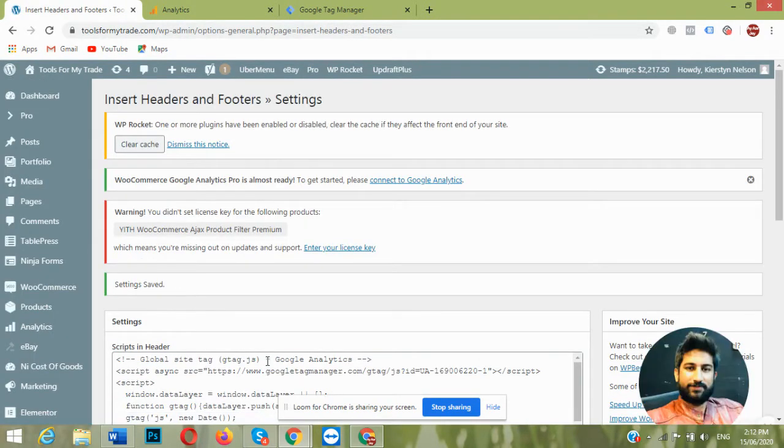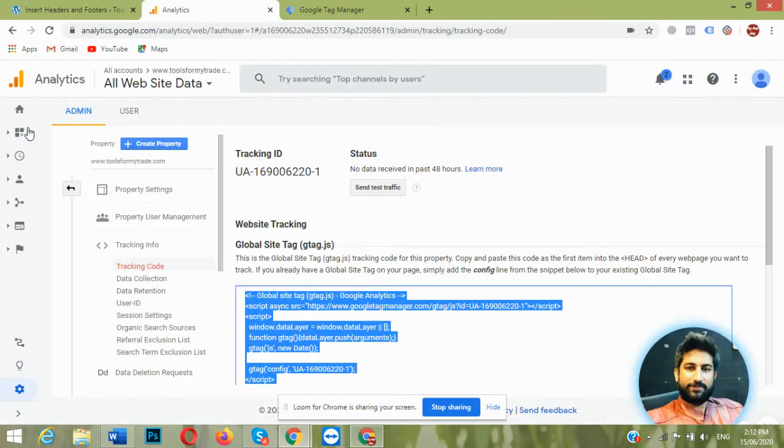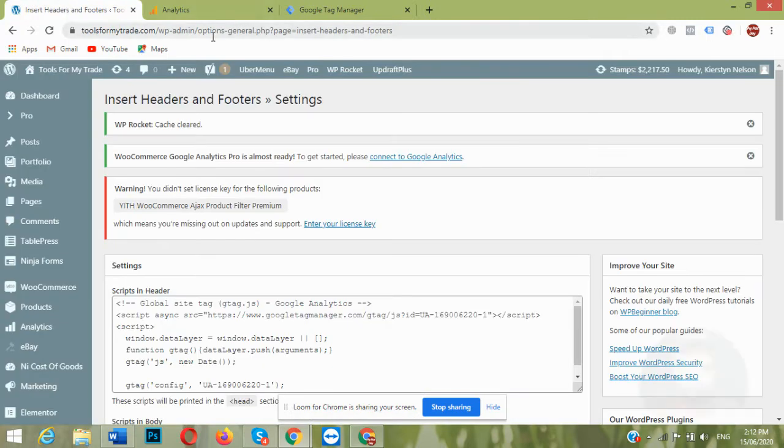If you have installed any cache plugin, then after adding any plugin or tracking code, we need to clear the cache. So I cleared the cache from this WordPress website, and now we will check whether our analytics is installed correctly on the WordPress website or not.